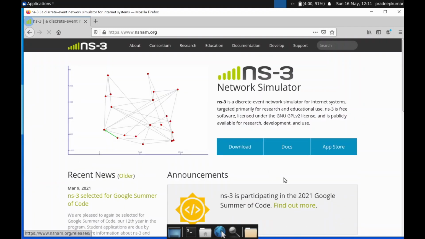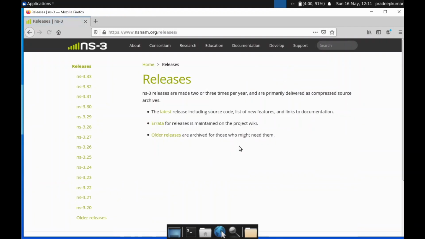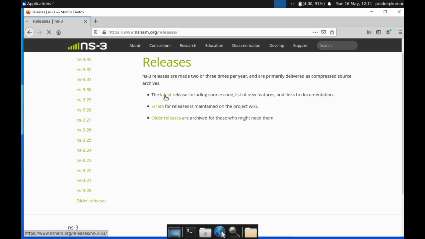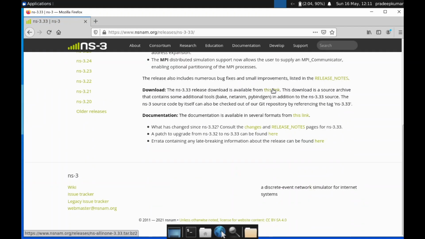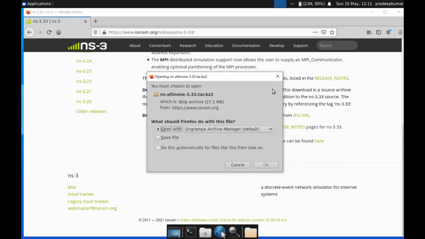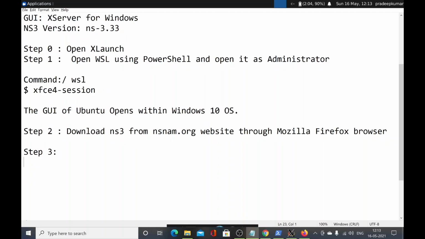So NS3.33 through nsnam.org. I'm just downloading the package. While the package is being downloaded, step number 3 is to open a terminal and give the command sudo apt update.